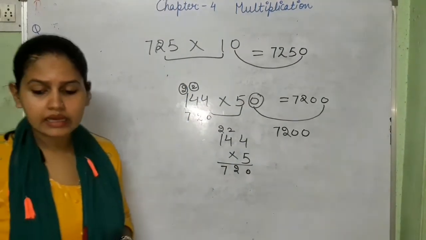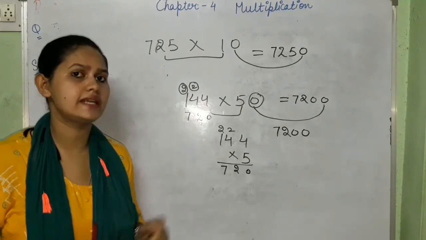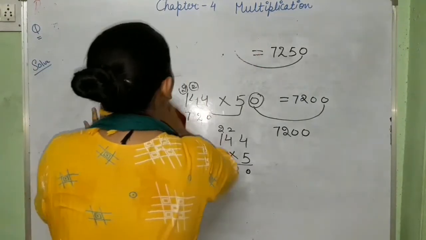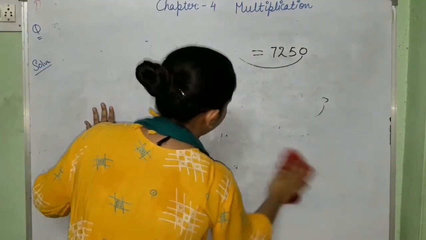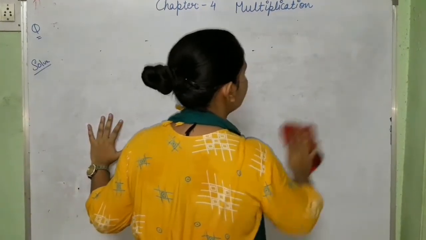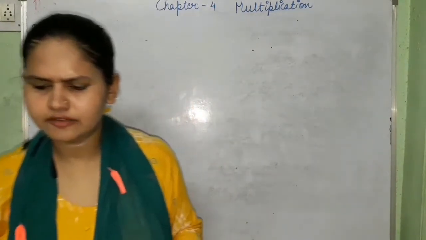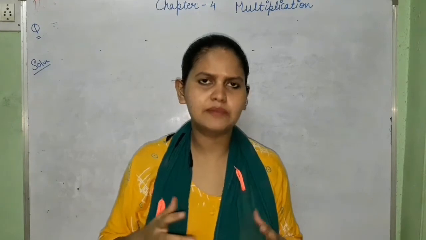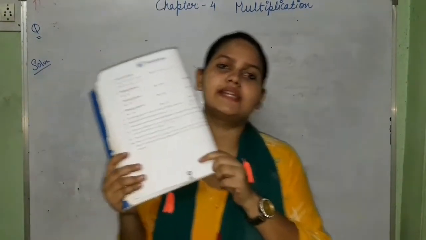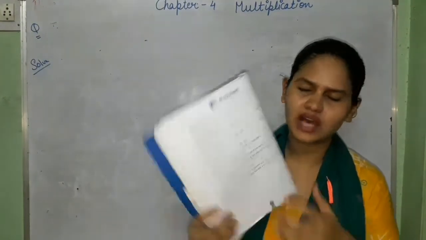Now, there are 5, 6, 7, 8, 9, 10. These are all statement sums. So in the statement sum, what will we do? I will give you some examples, because one of them is a very confusing statement for us, right? We can see on the 10th. On the 10th statement, you can see very confusing words are given to us. How? I can explain.